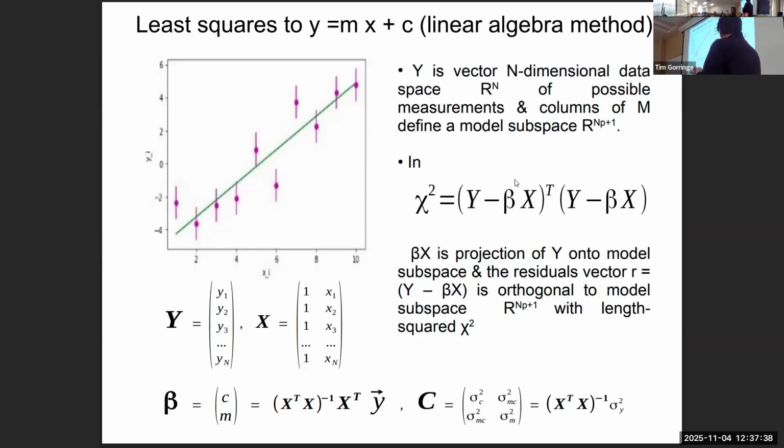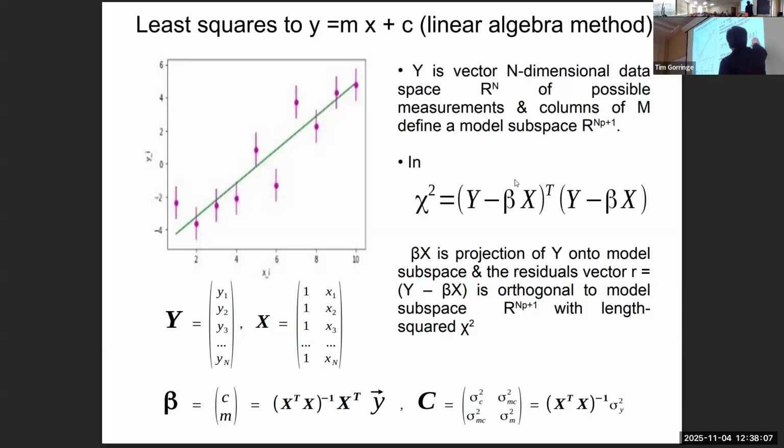We think of the columns of the matrix M, the Vandermonde matrix, as defining the model space. That's the space in which the model exists. And so when we do a least squares fit, to minimize the chi-squared, we can